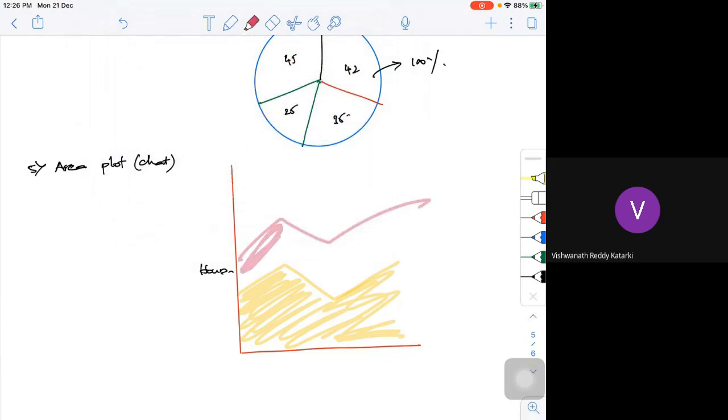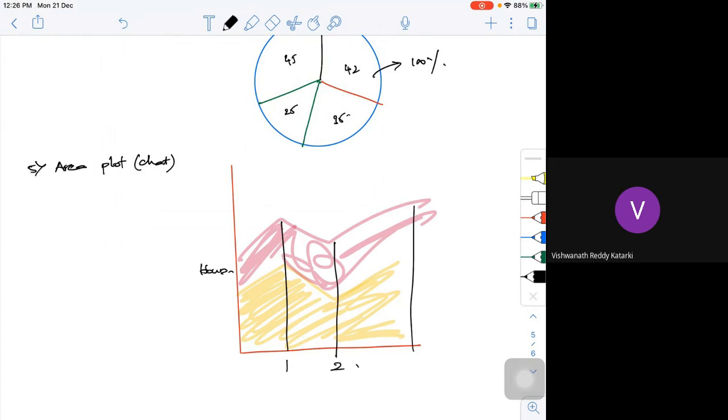Okay. Here at any given point, say for example, this is for person 1, this is for person 2, this is for some person 3. So person 3 sleeps for 8 hours. So this area is for sleeping. This is for spending time having breakfast or food, whatever it may be.